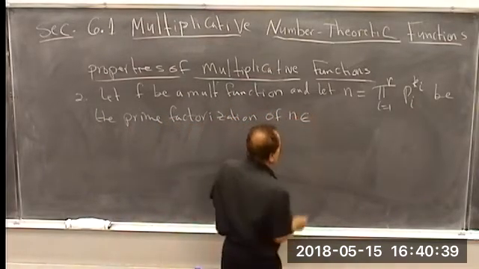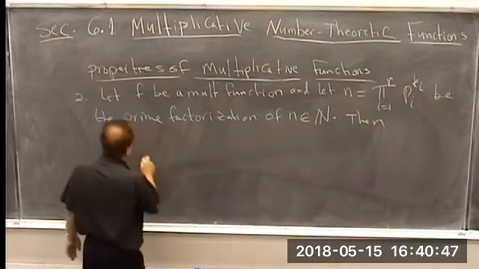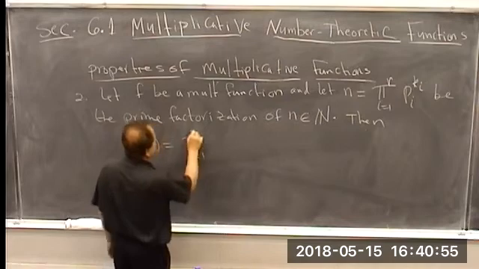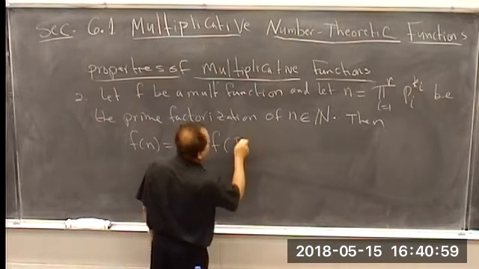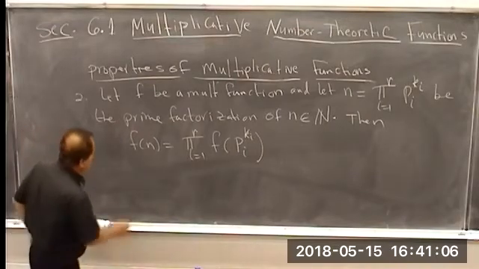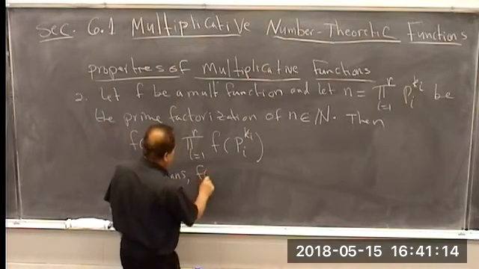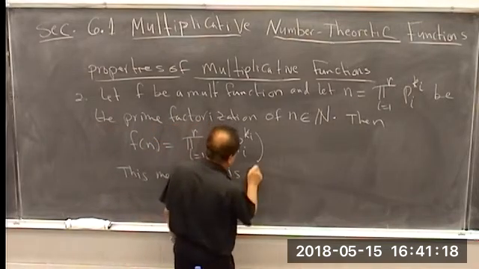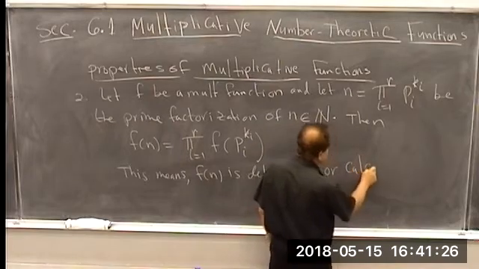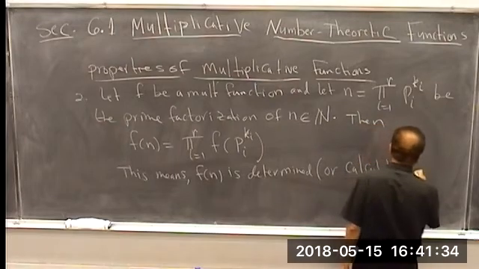N is a natural number, that is, a positive integer. Then f of n is equal to the product for i equal 1 to r of f of p sub i to the k sub i. All right? Again, this means f of n is determined, or if you wish, calculated completely